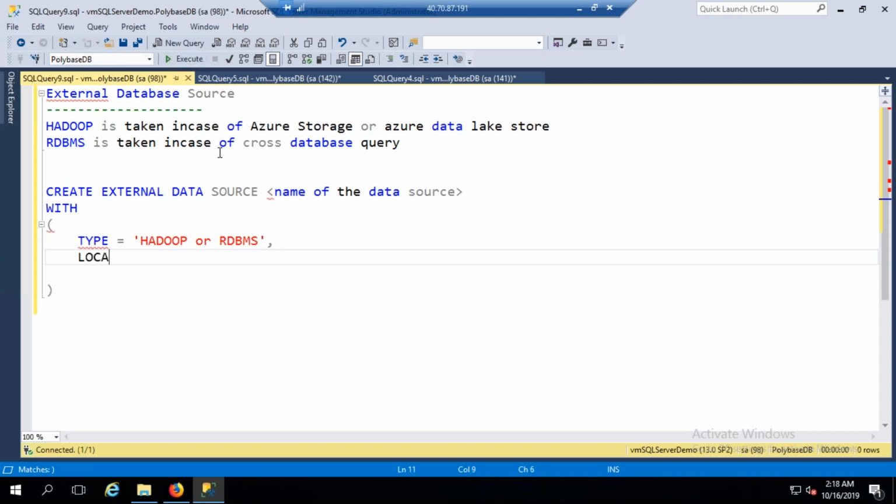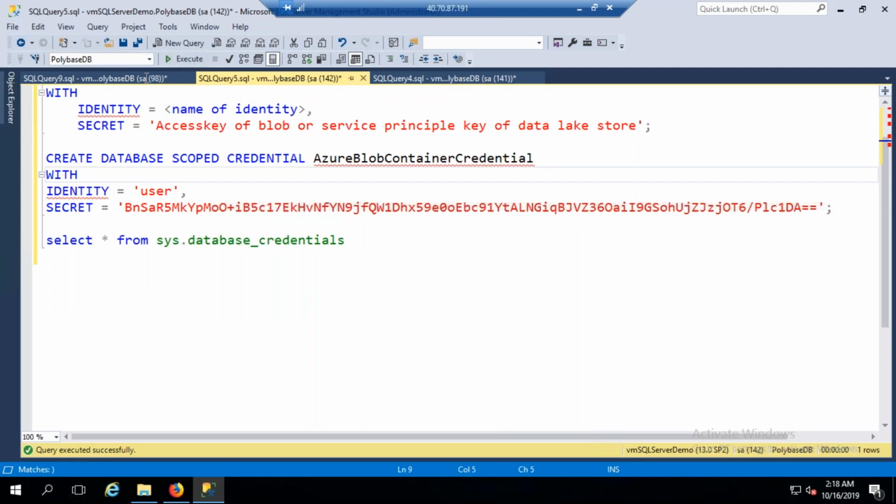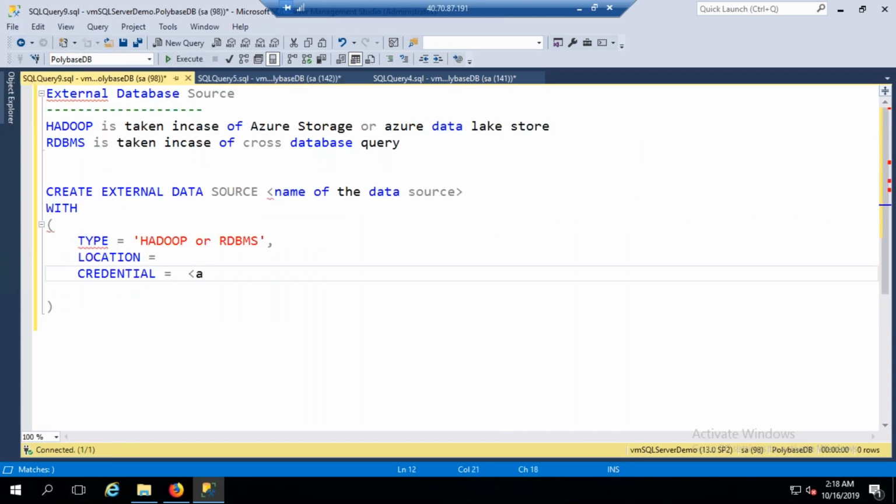After this is over, location. What is this location? And after this you need to mention the credential. What is this credential? The step one that we have created, the credential name should be given there. Name of the credential that we have created. Now what about this location? You need to tell what it is, because whenever you're creating this Azure storage,